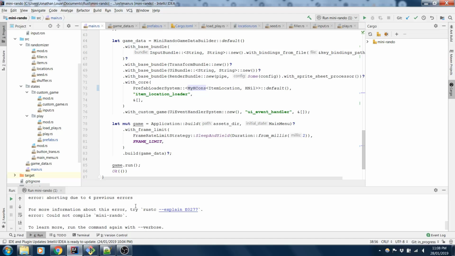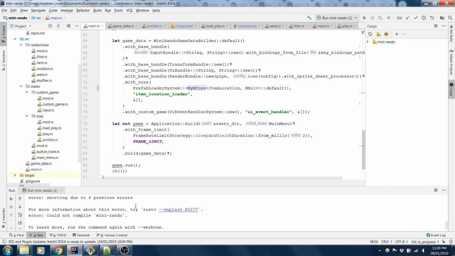I think the coherence rules only disallow external traits on external structs, right? I don't know if they ban an internal trait on an external struct. But anyway, that's wishful thinking. That's going like, oh, I hope Amethyst adds HLists to their thing and implements prefab data for it or something. And even if they did,